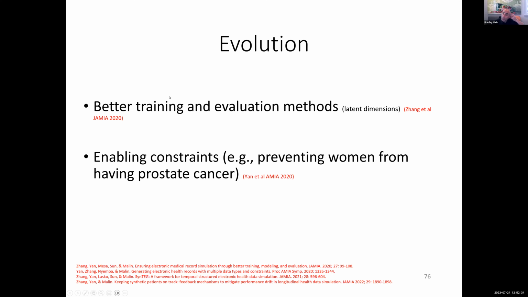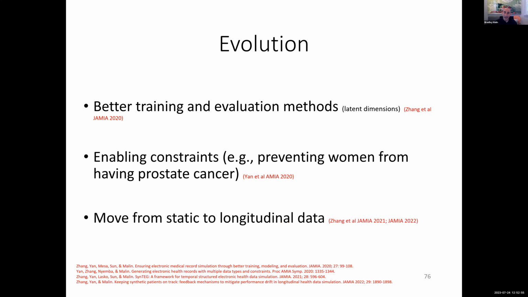One of the challenges with these types of simulators, these types of learning frameworks, though, is that they don't usually have constraints. So you can have women who have prostate cancer, or you could ask ChatGPT a question and it can hallucinate or lie. We have a paper that came out a couple of years ago that showed how to probabilistically embed these constraints into these types of networks. And then more recently, we moved on to time series analysis, so that we basically hook together static simulators with LSTMs and recurrent neural networks.